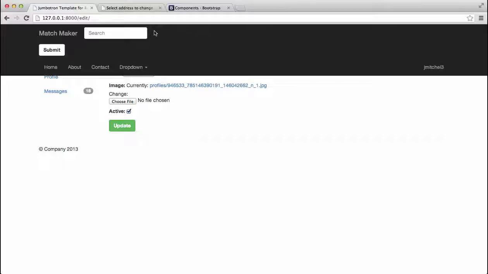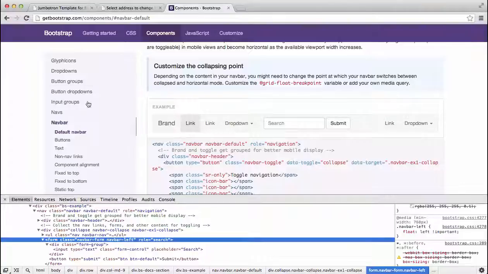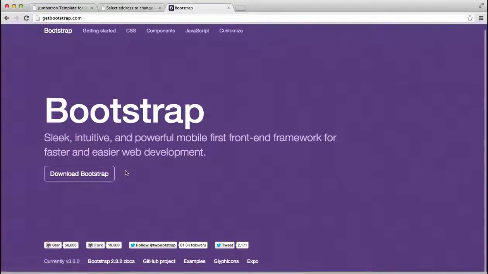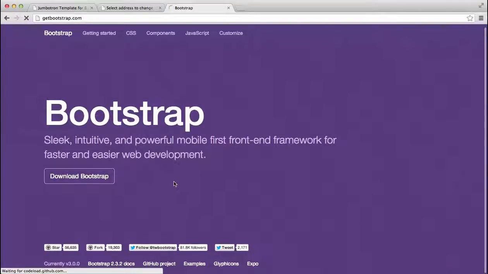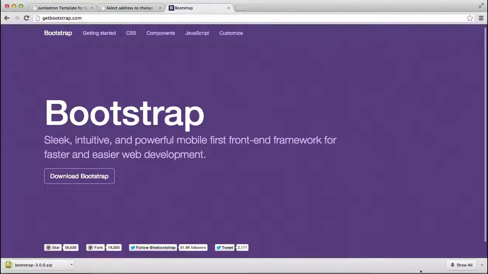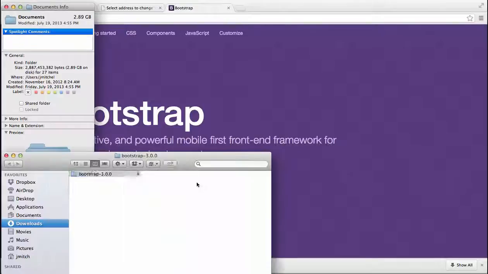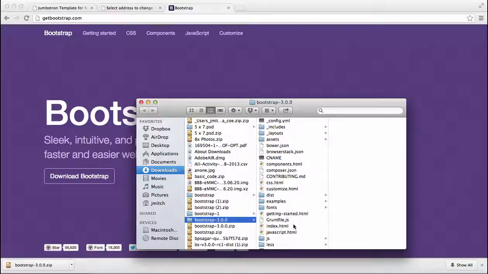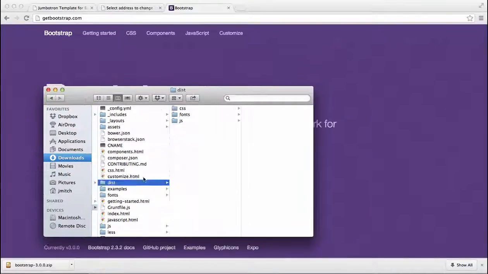So when you see something like this happen, there's a good chance that our CSS is out of date. That means we might need to grab a new version of it. So going back into Bootstrap, we can re-download Bootstrap. And this will happen sometimes. So when you run into issues again like that, it might just be because they decided to update Bootstrap, and you're looking at components for a new version. So download that new version, go into dist, then to CSS, and then we're going to grab these bottom two